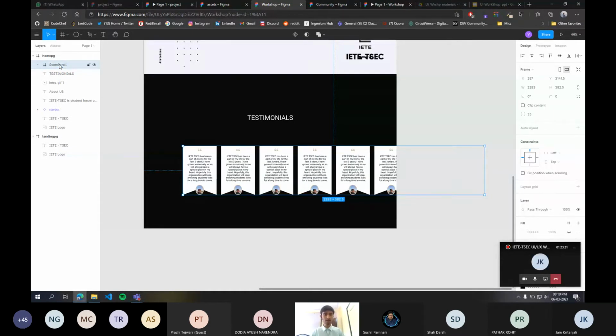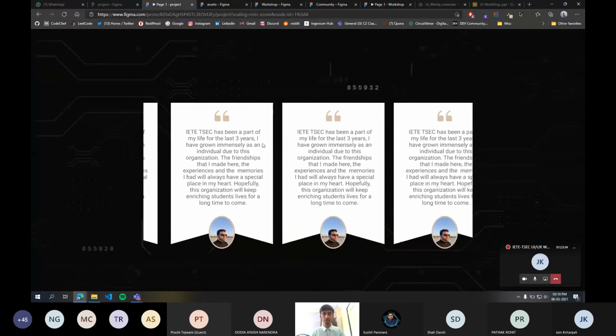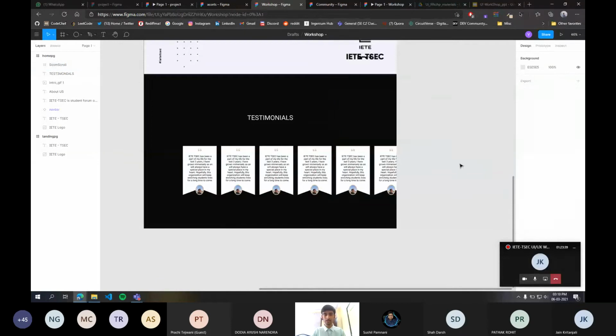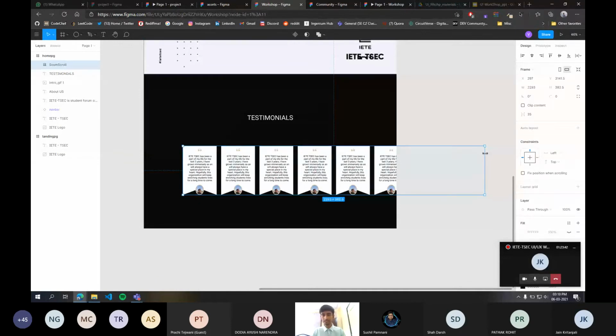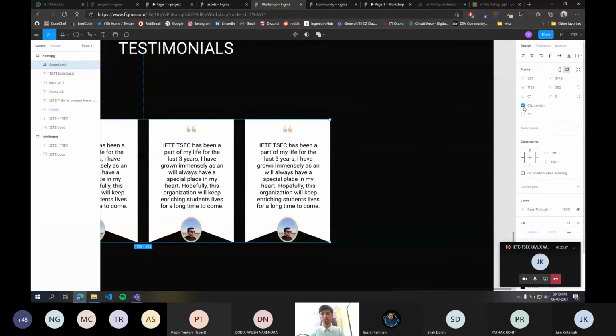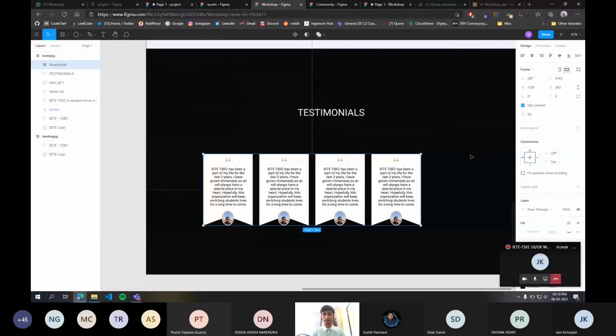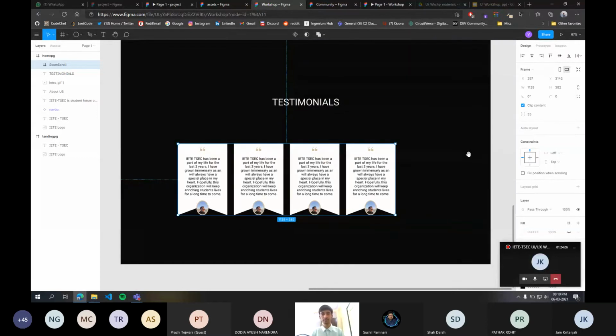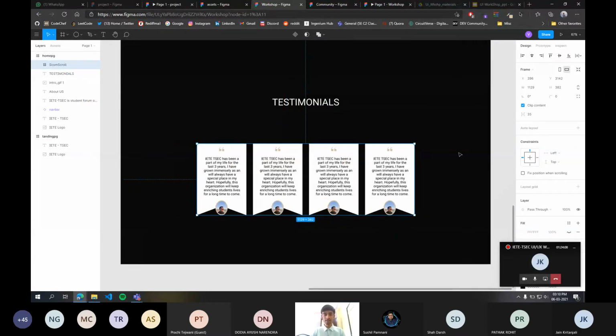So basically on this we want this horizontal scroll effect. What you can also do is decrease the size of this frame. Now you can see the content is overflowing outside of this frame, so go to this design panel and click on clip content. As you can see, the content is still there. It has not gone somewhere, it is just not being displayed. So you can just center align this.